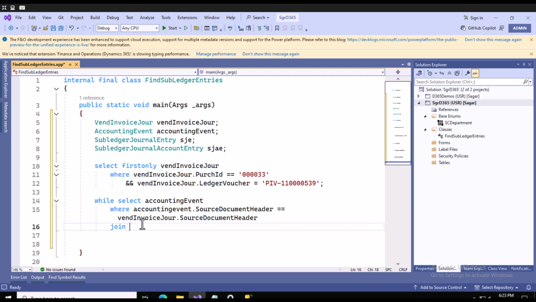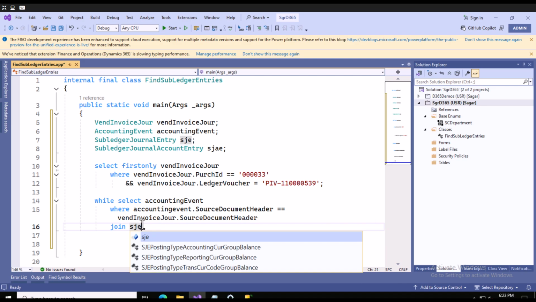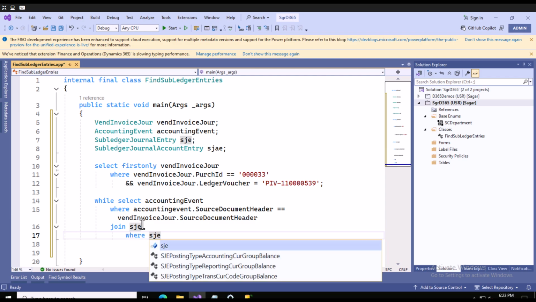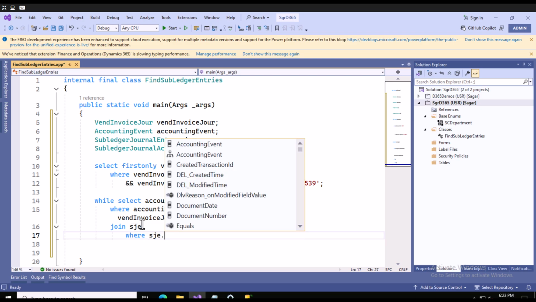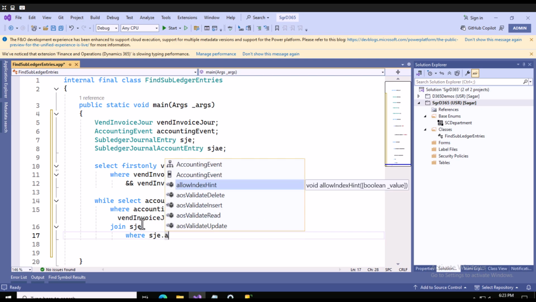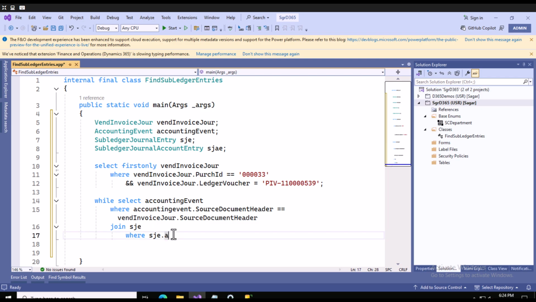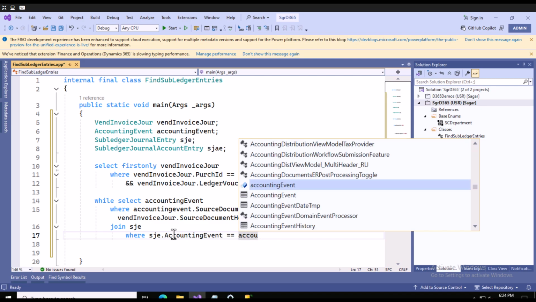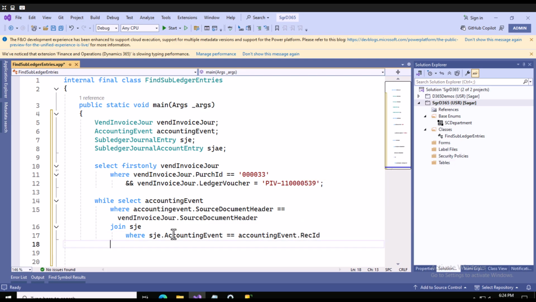So here I can write join SubledgerJournalEntry, and here I can say where SubledgerJournalEntry dot accounting event equals my accounting event dot rec id. Okay, then I can join my SubledgerJournalEntry with my